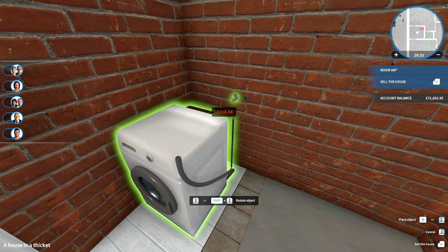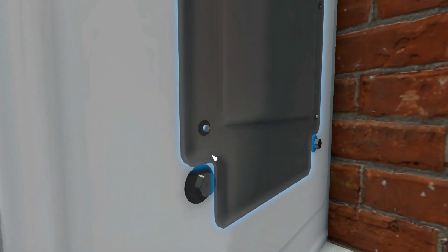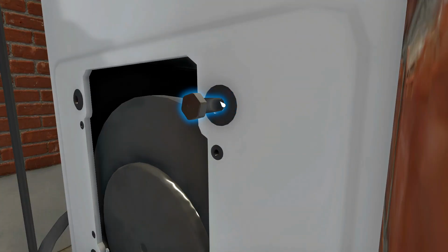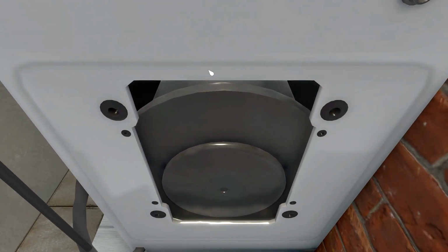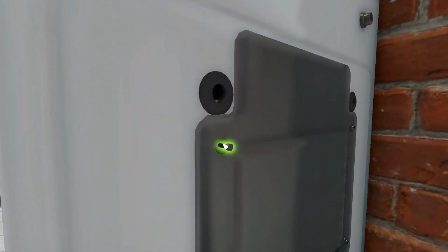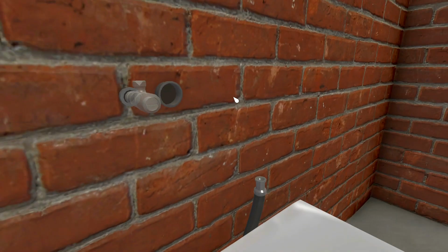So yeah, I think most modern kitchens in the UK, you'd see the washing machine would be built into the unit. In fact, this isn't what we've got here in my own home, but most of the time it would be behind a cupboard, so it would just look from the outside like a normal cupboard unit, and therefore you don't have to have the white goods on show. Same with the fridge. There's no fridges that are built into cupboards in the game, which